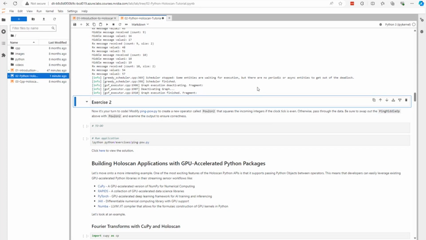You're going to use that local counter variable to count clock ticks again and check if it's odd or even. If it's odd, you're going to pass through the data directly. You're not going to square it. So you're going to need to edit the